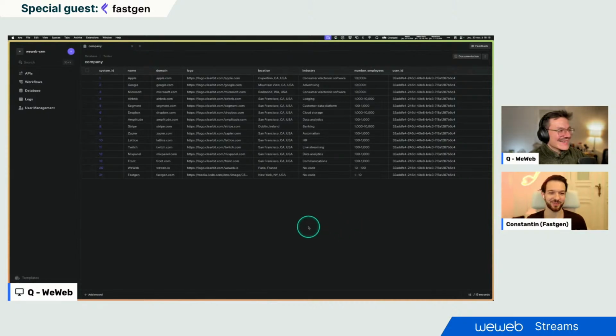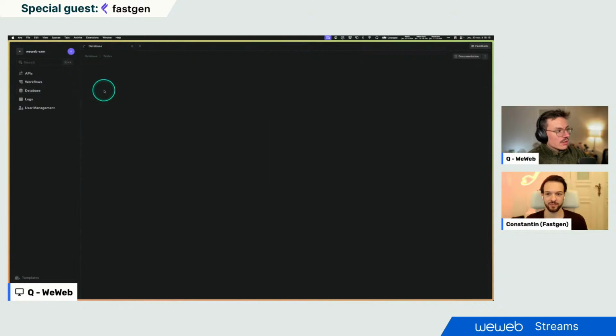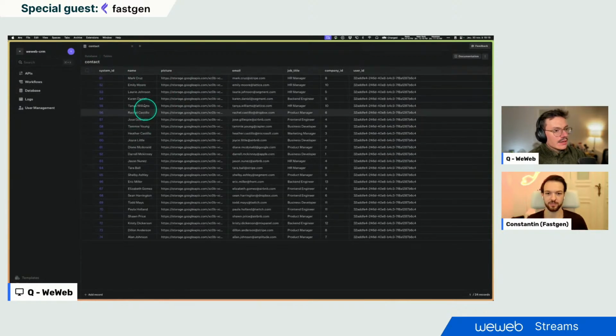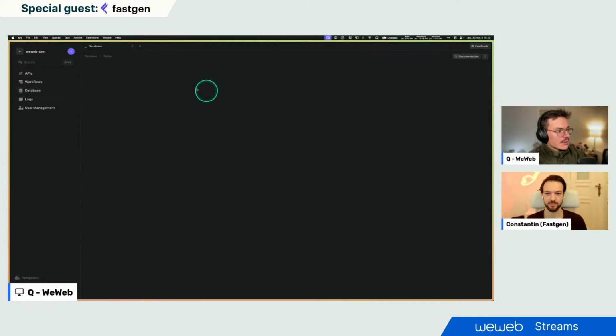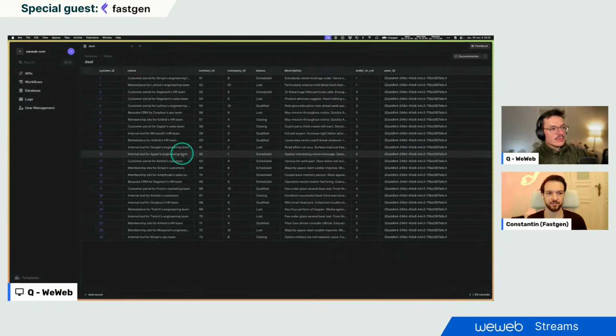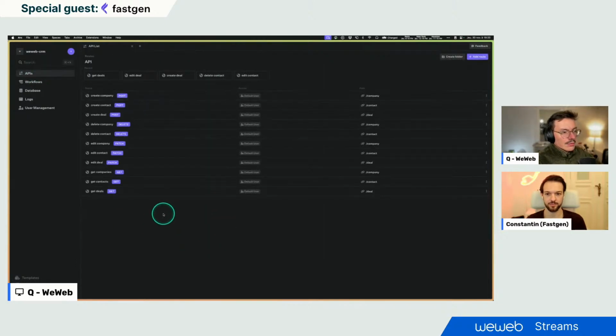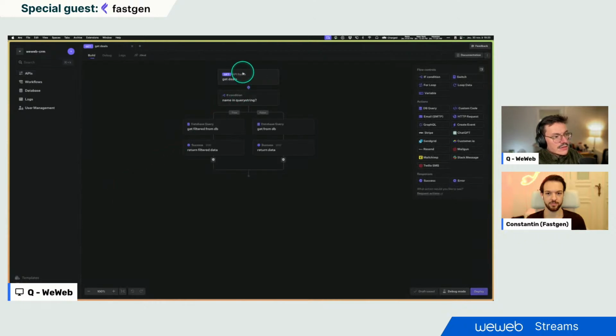Right. So anyway, I have my table here, and to use my table, you see my company, my contacts, and my deal table. What I had to do is simply create some endpoints to get the data inside WeWeb. So let's do this with deals, for example. If I go into APIs, you see here that I have all my endpoints. And what I've done is I created a get deals endpoint, which is a classic GET request,